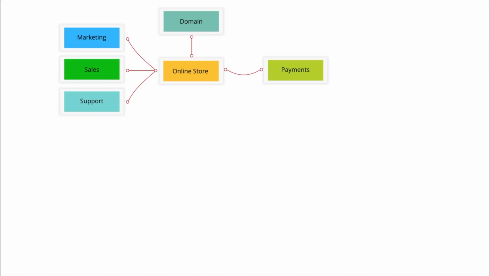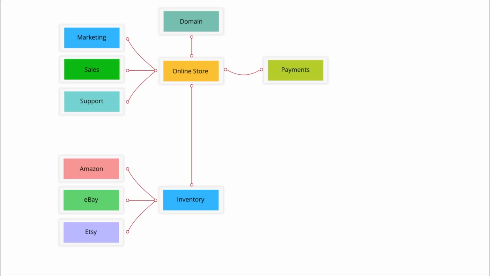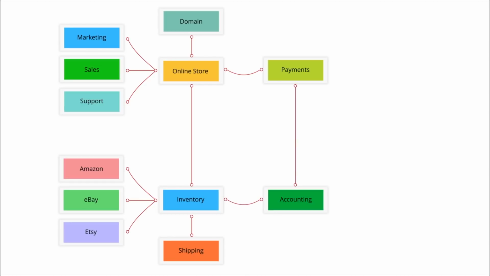And all of these are going to be turned on. And of course, integrate with your payment gateway. Integrate the online store with your inventory system. And if you are already selling in third-party marketplaces like Amazon or Etsy, all of those are going to be integrated. And all of these are going to be integrated with your shipping providers as well. If you choose one of those 40+ international shipping providers, the system is going to be integrated. And of course, your inventory system along with payments are all going to be integrated as part of this service.